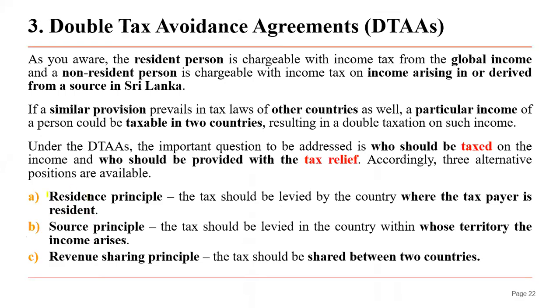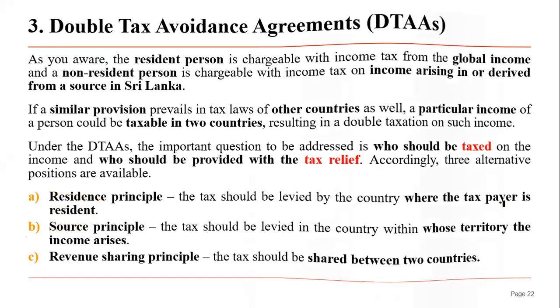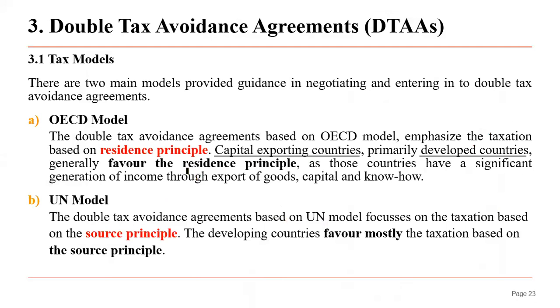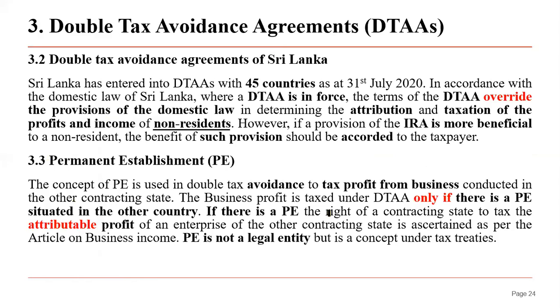Mostly it is relevant when we are dealing with double taxation. So we discussed that part, and two models are important for you to understand. We discussed in detail what models are available. It is the OECD and UN model. You need to have some understanding about the differences in these two models. So we discussed those things, and then we discussed how many DTAs are available as of now.